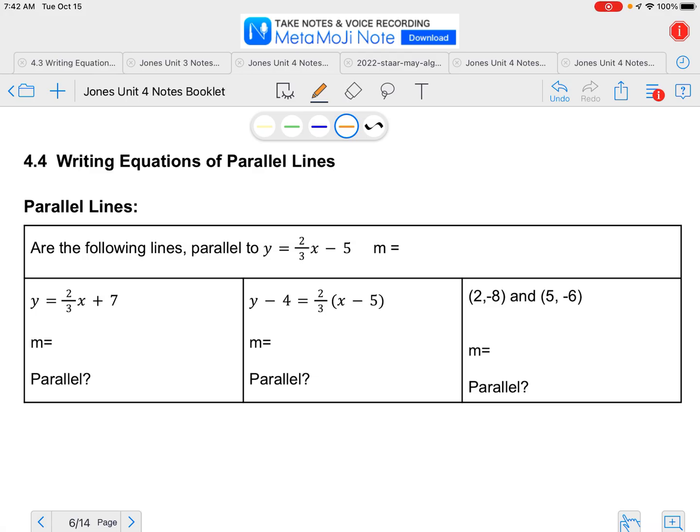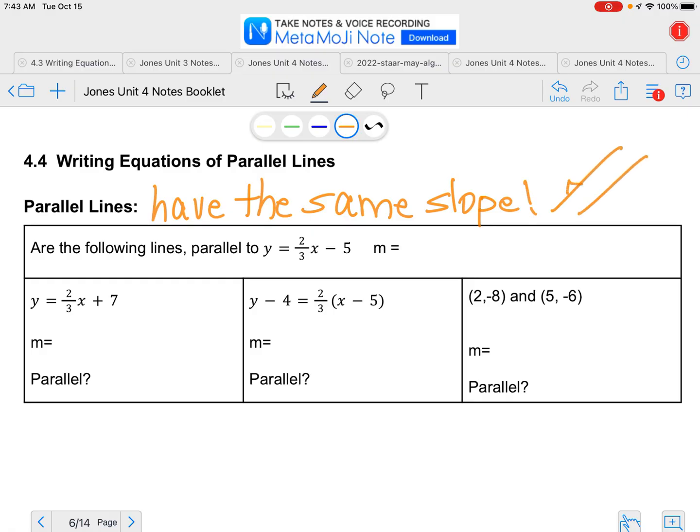Let's talk about parallel lines. First of all, parallel lines always have the same slope. In order to be parallel and never cross, do you see how they would have to rise and run the same so that they would never run into each other? They would never cross. So because I know the slopes are the same, let's decide if these lines here are